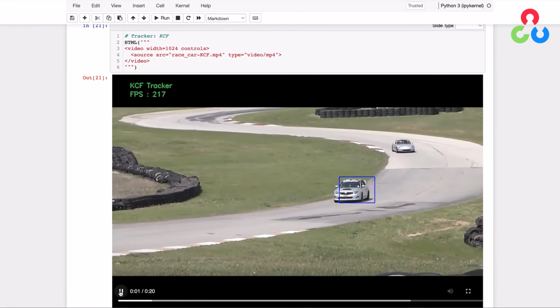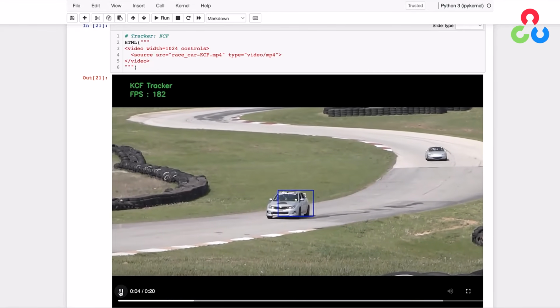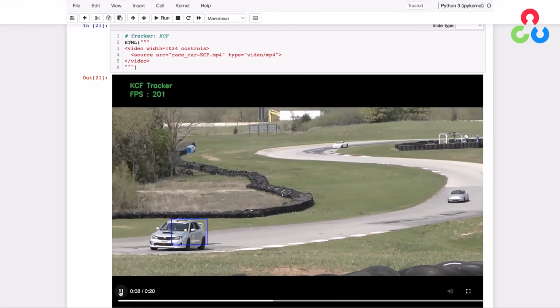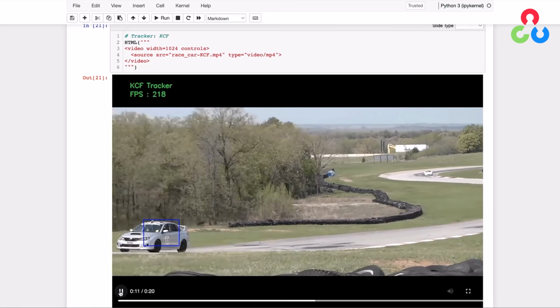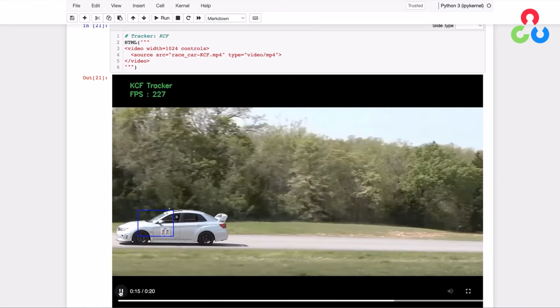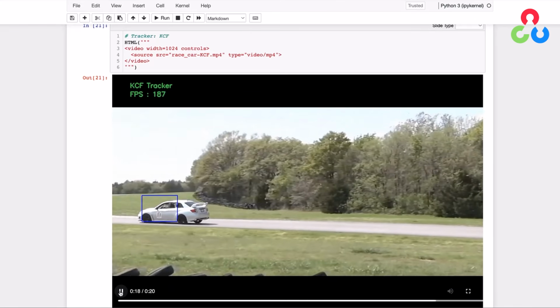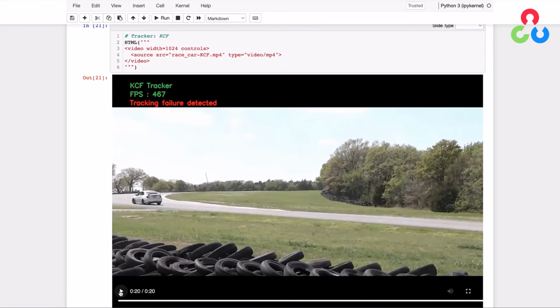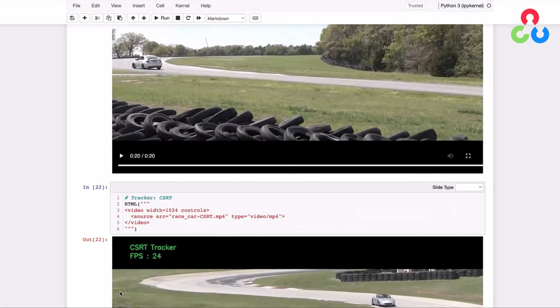So it looks like it's doing a fairly good job of tracking the car, a little bit off center, but still maintaining track on what's obviously the car in the video frame. And then as the car rounds the corner, it's doing okay. And then shortly here, we're going to see that it has a little bit of difficulty right here at the end. It drops track on the car. And as we go through other examples in this notebook, you'll notice that each of the trackers tends to have difficulty in different ways. So let's go ahead and take a look at the next example, which is the CSRT